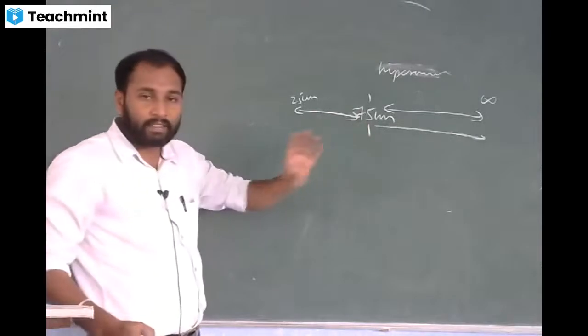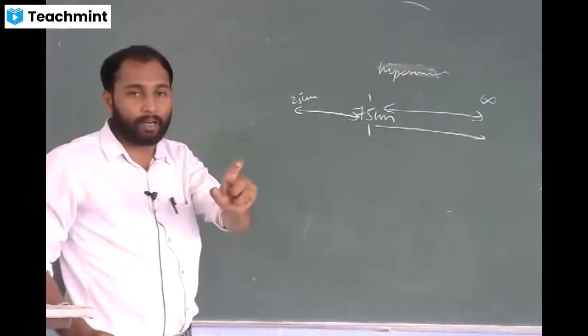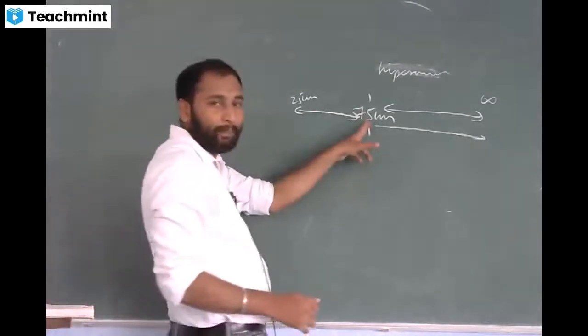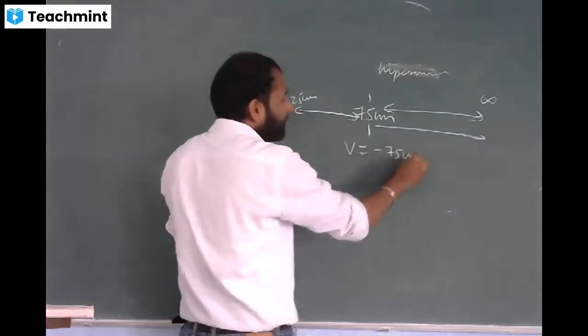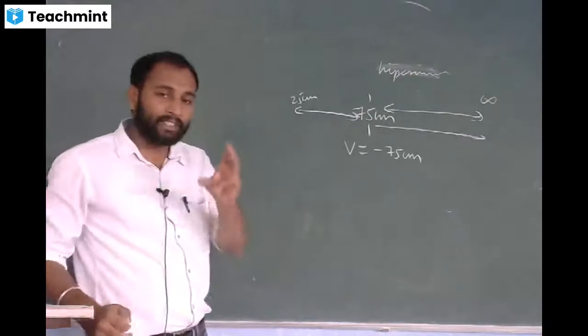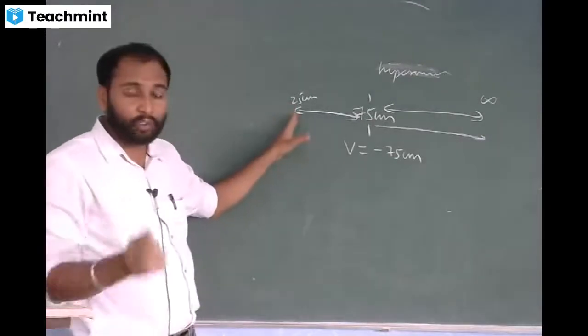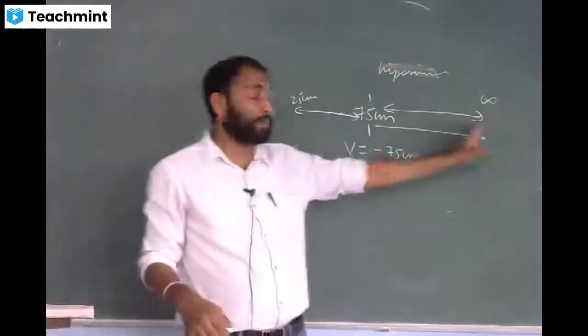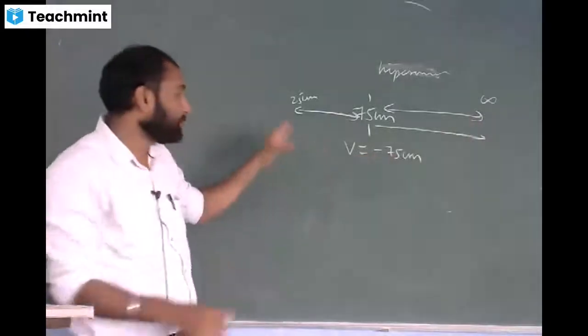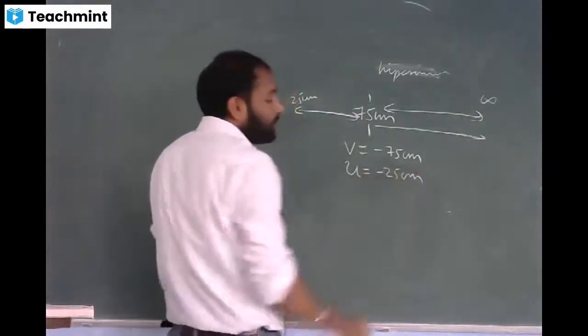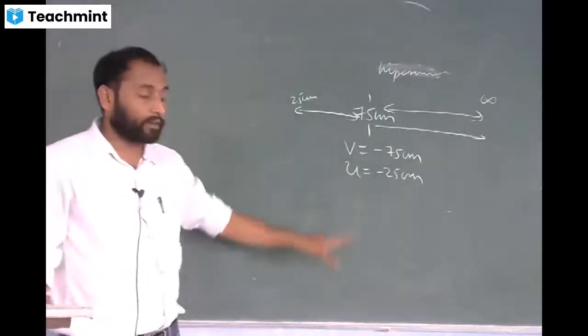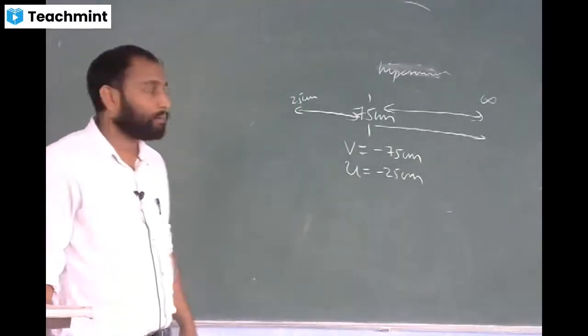So exactly at what point is he able to see the object? That is the image at 75 distance. So v is equal to minus 75 centimeters. So if we place the object at 25 centimeter, he should be able to see. From 75 to infinity, there is no problem with him. So we will take the object as minus 25 centimeters, so that we can calculate focal length as well as power of lens.